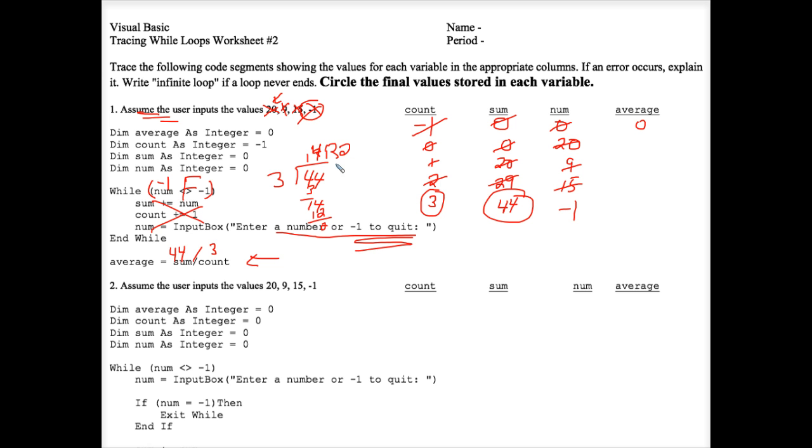14.666667. But guess what? Average was declared with a dim statement to be an integer. Bet you didn't catch that. Well, I'm the one who made the worksheet, so I made it tricky. But somebody who didn't catch that might get a 4 on next year's AP exam. Always pay attention to everything. Details, details. So the answer is not